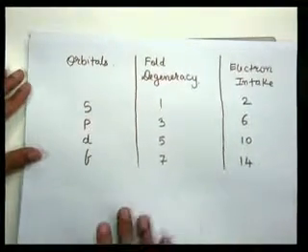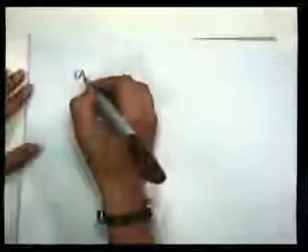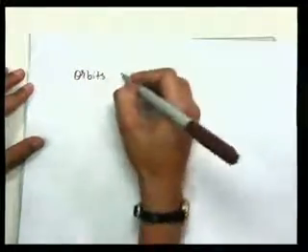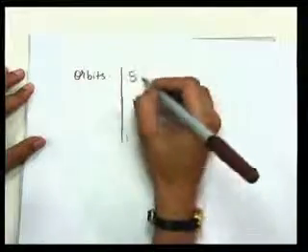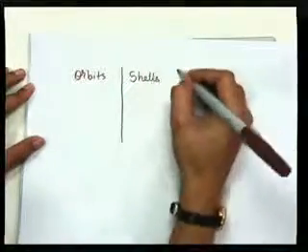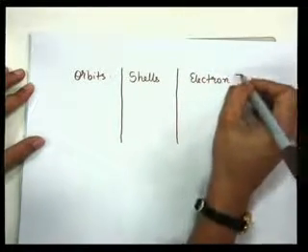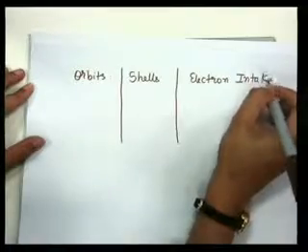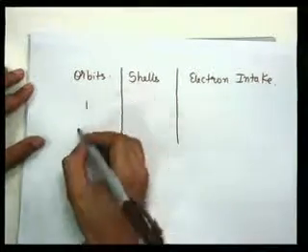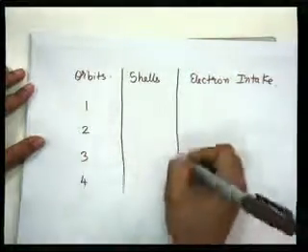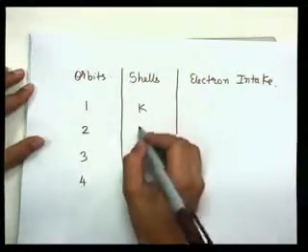Another thing, the same chart can be made in the case of orbits also. You can write here orbits, then shells and electron intake. So you have first, second, third, fourth. Similarly you can write here K shell, L shell,